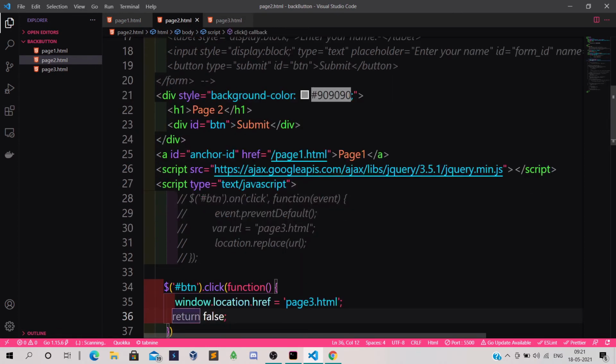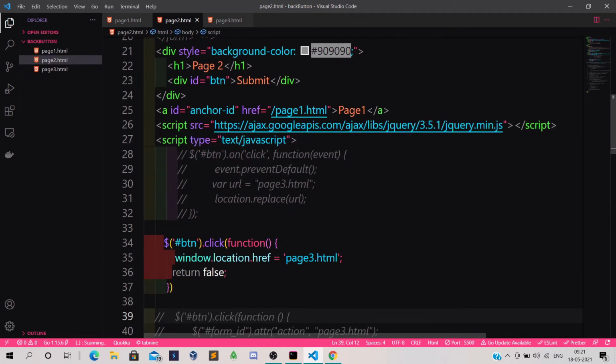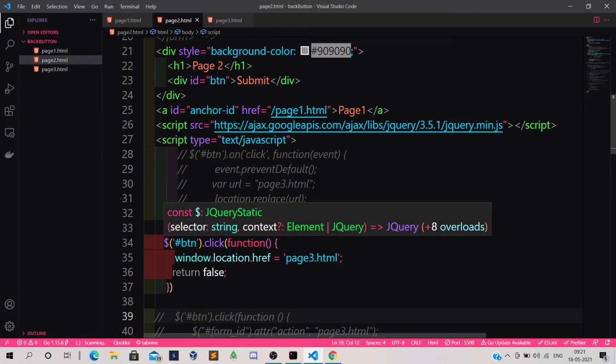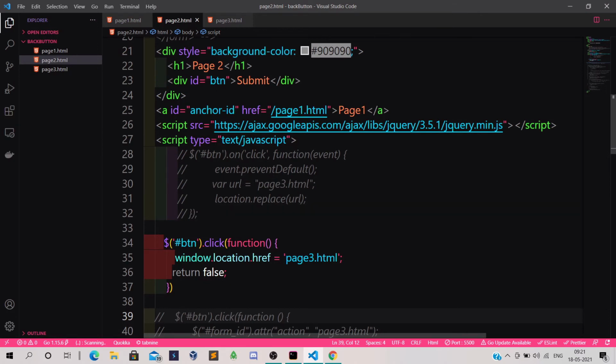This is not a button, I've just given it the name submit. This is the code by which you can redirect. This is the btn value, the ID for this submit text. If I click on it, we can call this function and use window.location.href.